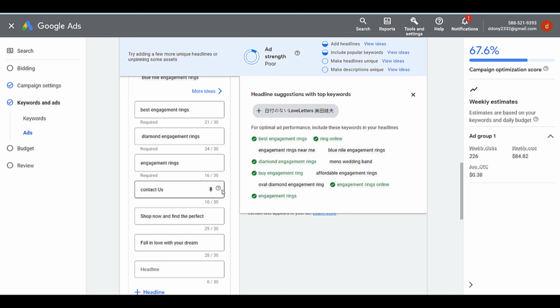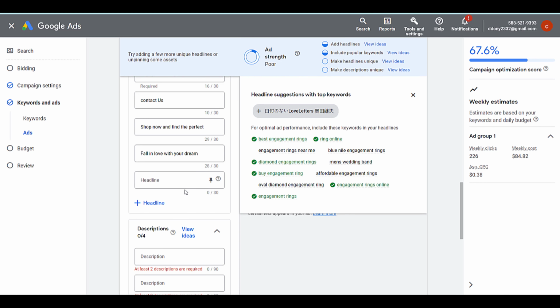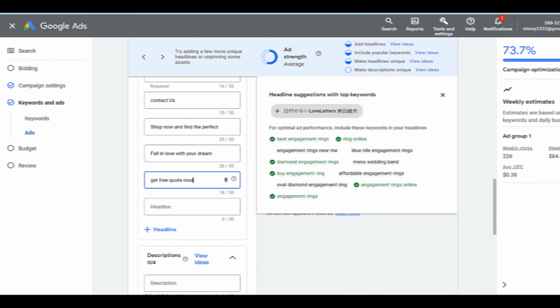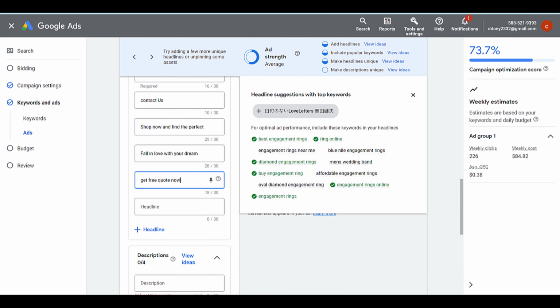What I like doing here is adding a whole bunch of calls to action, like get a free quote right now, and let them know what is going to happen after they actually click on your ad.